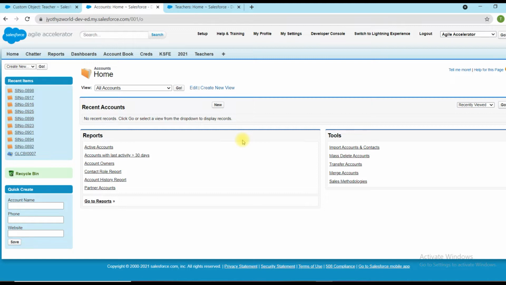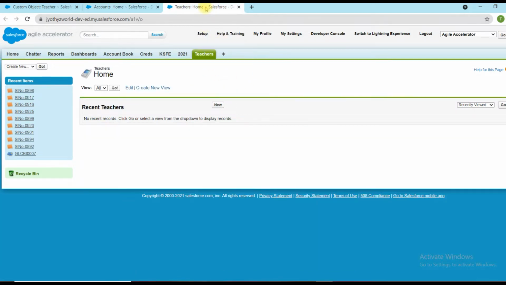Some standard reports will be there. Some tools like import account and contact information, mass delete accounts, transfer accounts, merge accounts. All these options will be available under the standard object tab like Accounts. It will vary for different standard objects, but no such option will be available for a custom object like Teacher.